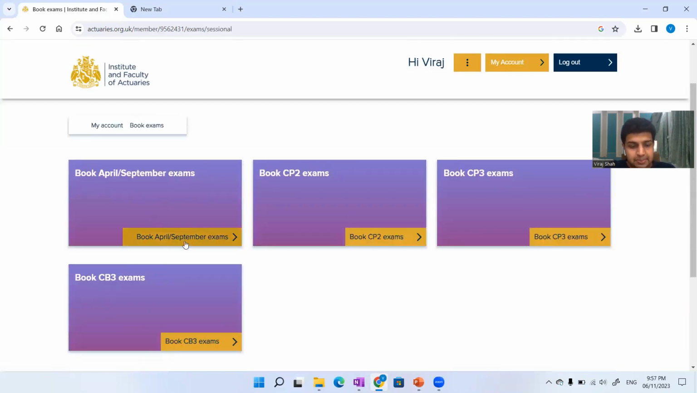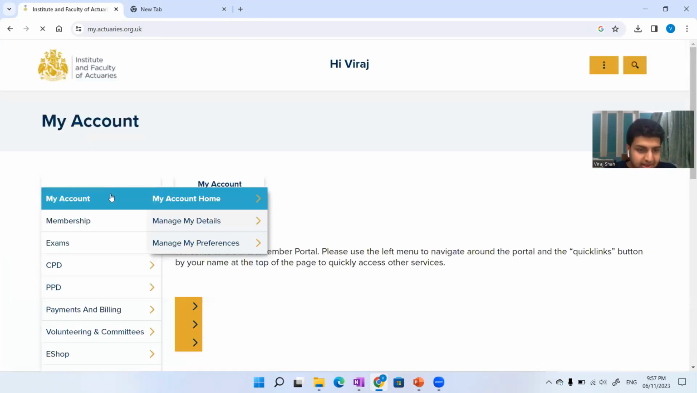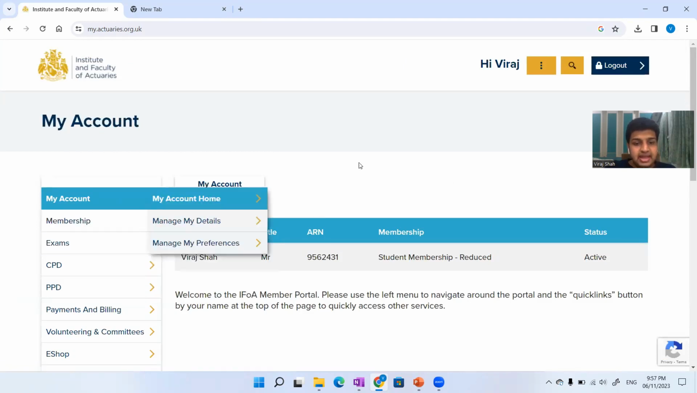You have to go into book April September examination. And book. Right now it is closed, but otherwise you would have an option to select which paper you want. You'll click on CS1 or CM1, because right now we are just talking about non-membership. But if you are a student member,